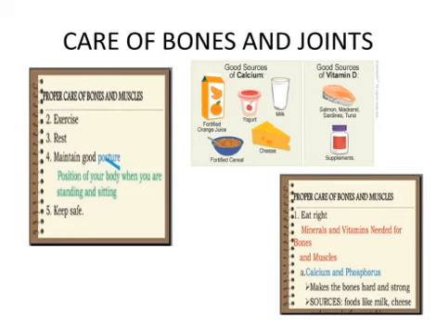So that's why you need to keep your bones very strong. How can you keep the bones strong? By having good sources of calcium and vitamin D, because these are required for maintaining strong bones. What are the examples? Fortified orange juice, yogurt, milk, cheese, and fortified cereals. Sunlight is the main good source of vitamin D. Apart from that, there are salmon, tuna, and sardines, plus some medicines are also given.